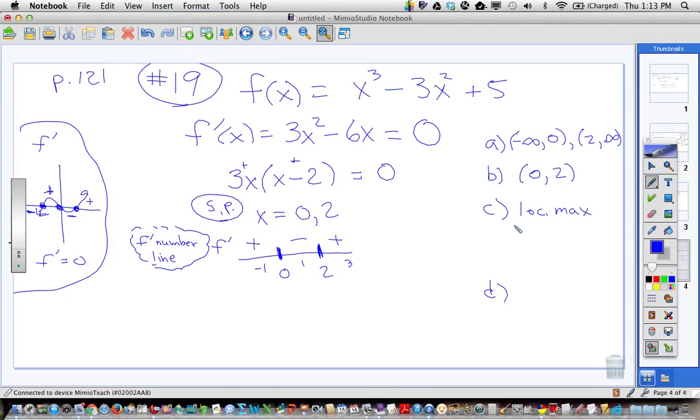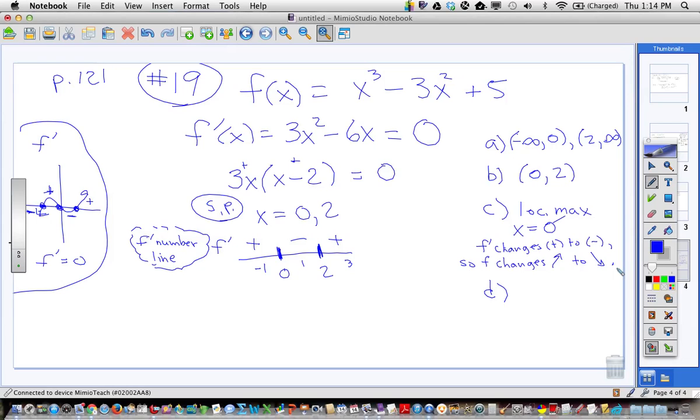So, where's the local max? It's when x equals 0, right here. When F prime changes from positive to negative. Just like over here, when F prime changed from positive to negative, you have a local max. So, x equals 0, but here's what you have to say. F prime changes positive, and you can shortcut this, positive to negative. So F changes increasing to decreasing. They want to know that you know that a local max is caused by that connection between F